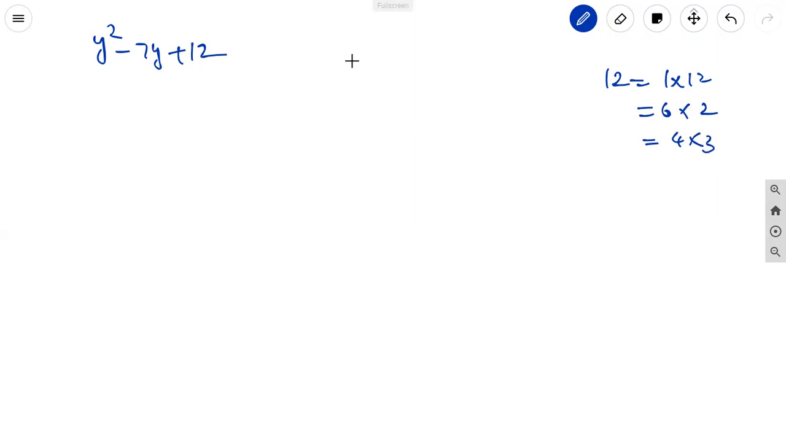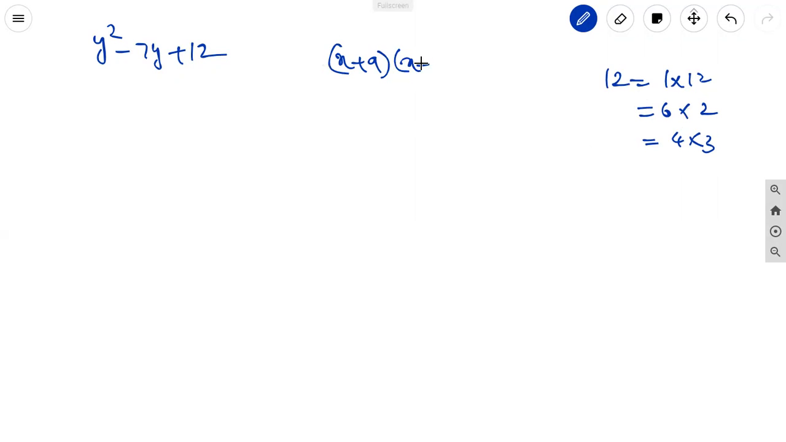Another problem, using the fourth identity, that is y square minus 7y plus 12. Here 4 threes are 12. 12 is not a perfect square, so it cannot be expressed in the form of a square minus 2ab plus b square. So in this, which is the suitable identity? 12 factors: 1 twelve is 12, 6 twos are 12, 4 threes are 12. Just so you can add it. What is the suitable